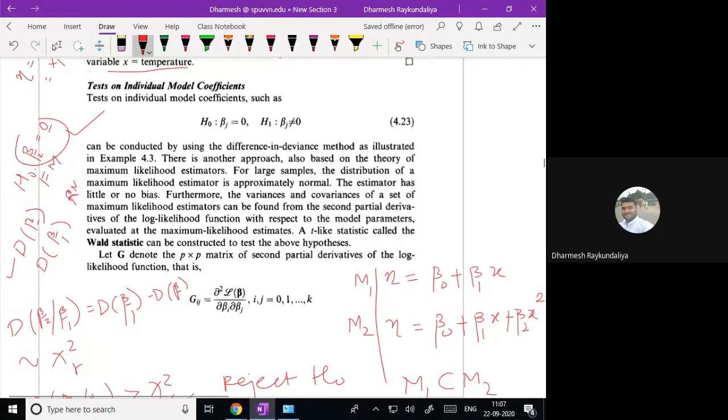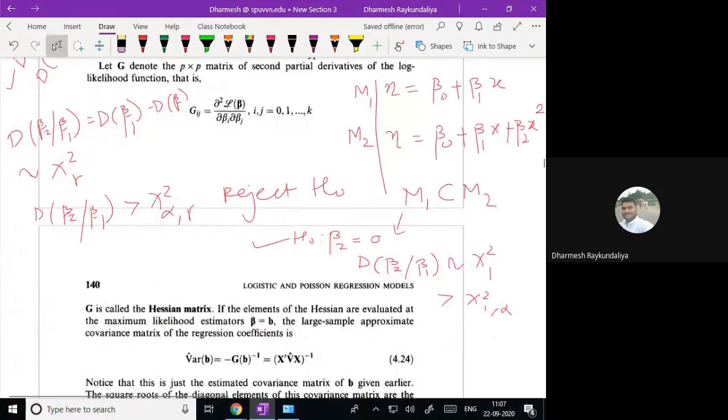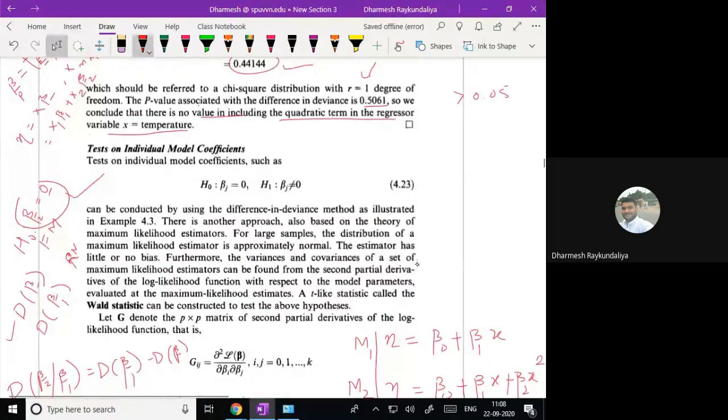But the same deviance test of subset of regression can also be useful for testing the individual regression coefficients. So you can proceed in two ways. Okay, one way is that you can use the test of subset of regressions using the deviance, and then you can see whether the individual regression coefficients significantly differ from zero. Otherwise, one has to go for test statistics like the t-test. We call them Wald statistics, which can be useful to decide whether the individual regression coefficients significantly differ from zero or not. So let us come to this part. We would like to see the test on individual model coefficients.